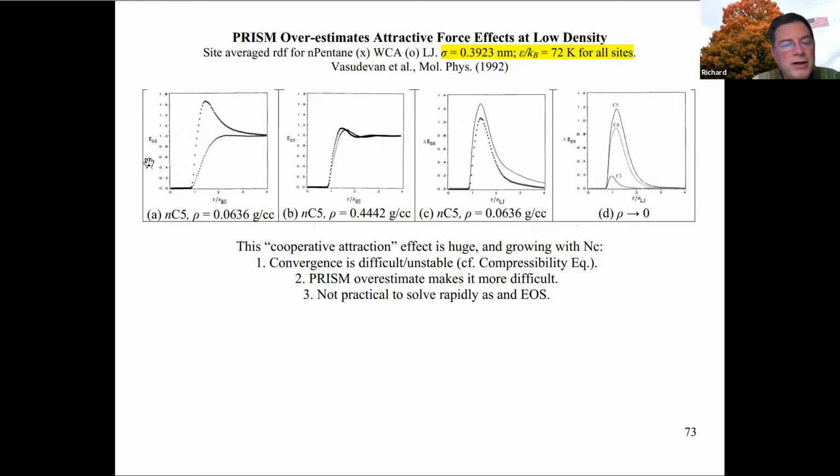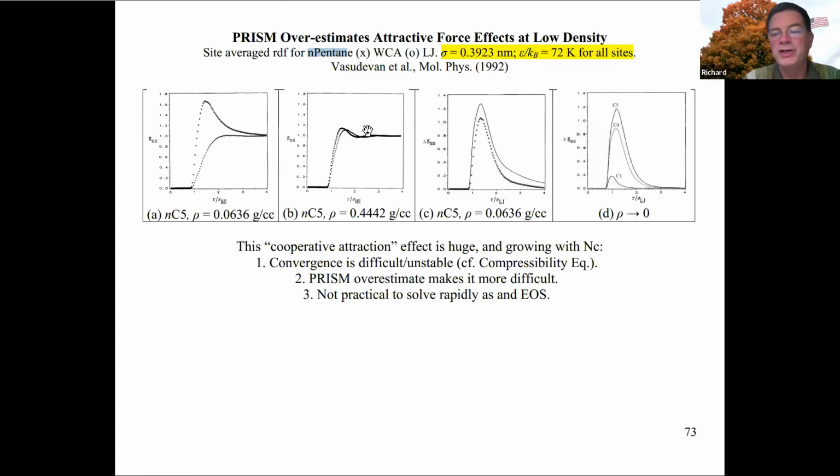So what I'm looking at here is make a plot of the site-site distribution function for pentane, okay? And let's do it with just the WCA interaction, and we see that we get just the repulsion part here. Then we'll do the simulation over again with the full potential, and we'll make a plot of that difference of those two different radial distribution functions. So these are purely simulation results. And what we see is that this delta G, which I told you very early on, is very important when you go to A2 and higher order contributions. That delta G is getting really, really